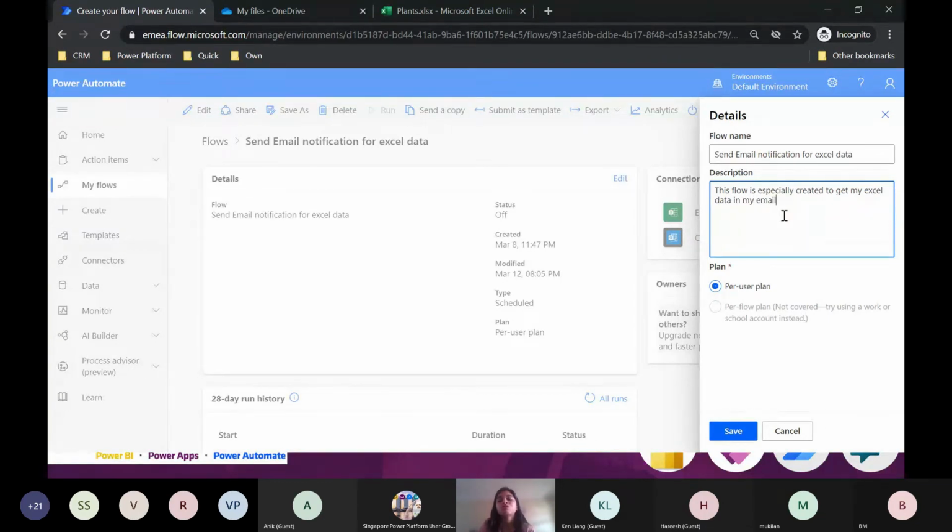Okay. You will also notice that since it's a free account, it is showing you a per user plan. If you had a license, you would know which plan you are on. The billing usually runs on the number of times your flow has run. So the billing will occur on that. I can save this.